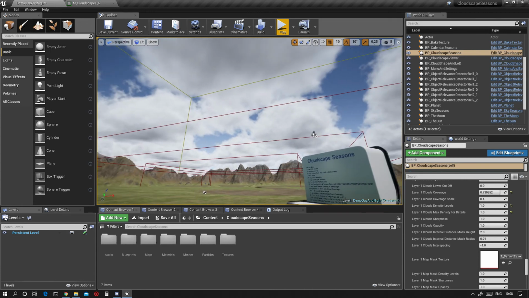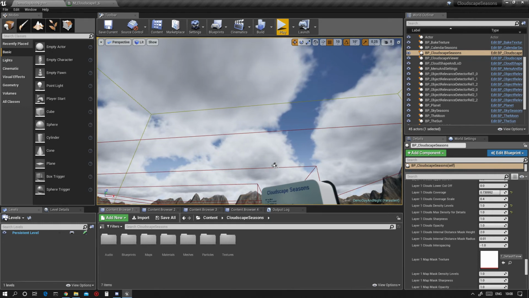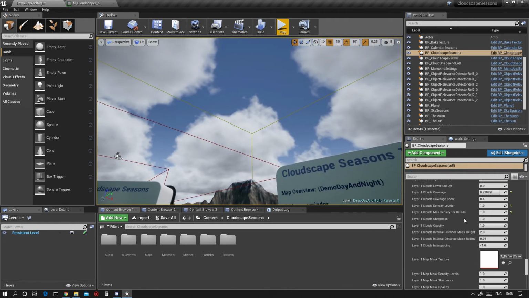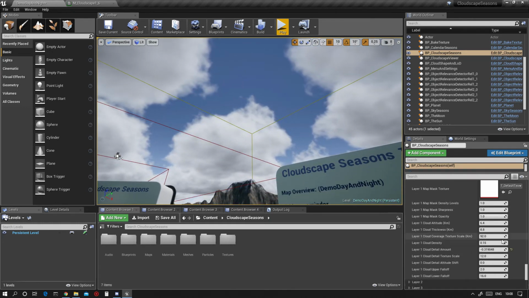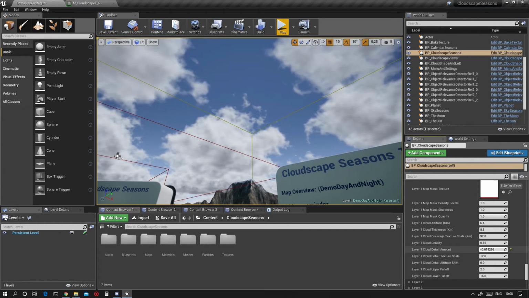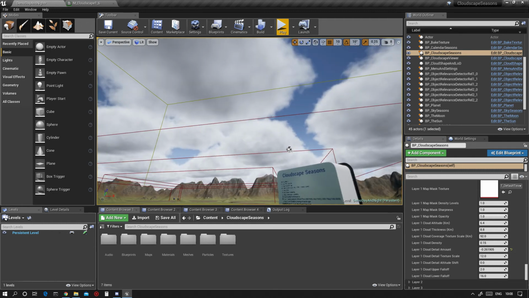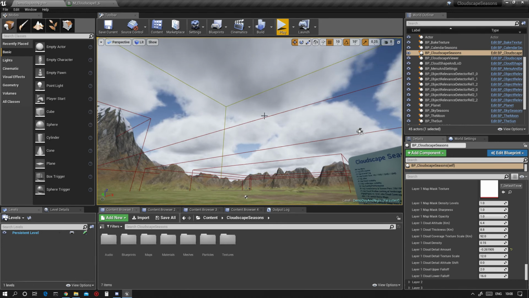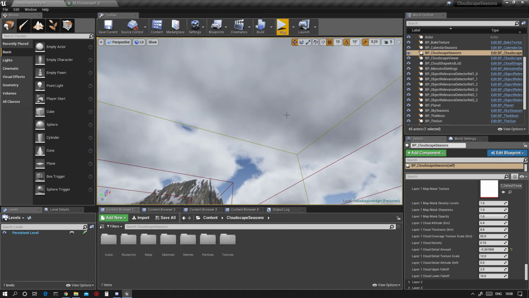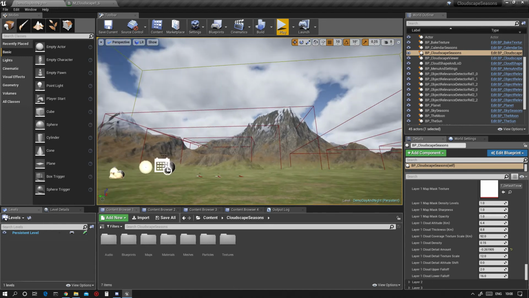So you have these crispy edges here that make the clouds very interesting. We start to lose the cauliflower shapes at the bottom, but